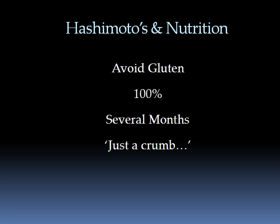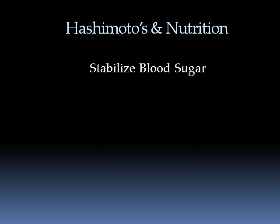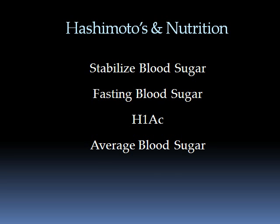Other things I'd suggest for nutrition. One is to keep your blood sugar extremely stable. Part of the lab tests which we recommend as the initial profile would include a fasting blood sugar, and also what's called H1AC. This is your glycosylated hemoglobin, to find out what your average blood sugar has been for the past approximately 90 days. This gives us a very good profile of the type or types of foods that your